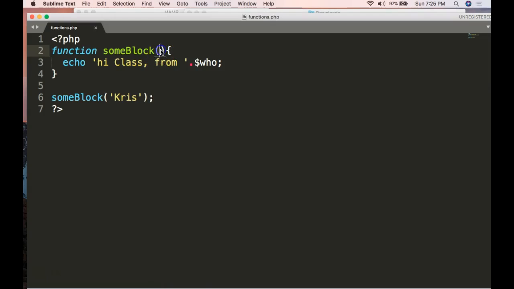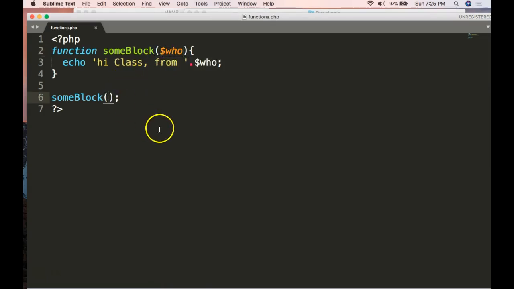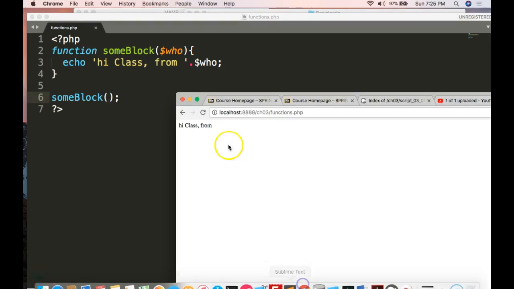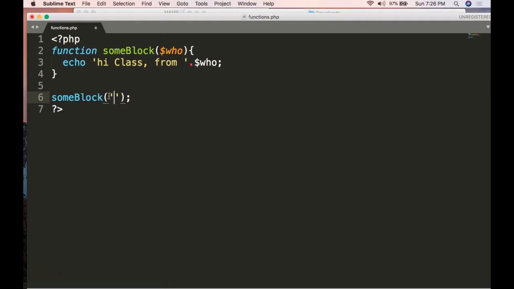So, okay, what if we have a variable that's expected called who, and we send nothing? Well, then I get an error. So basically, if you're expecting a value and you don't send it, you get an error. But if you send a value and you don't expect it, then you don't get an error. So this is interesting. Now I can go back and get my code working